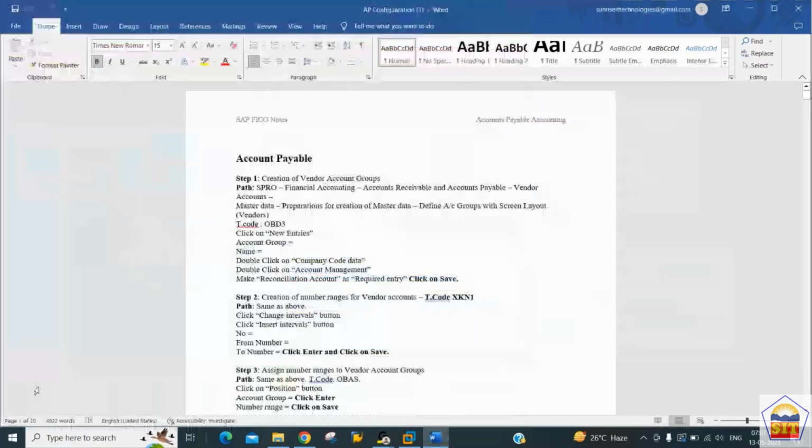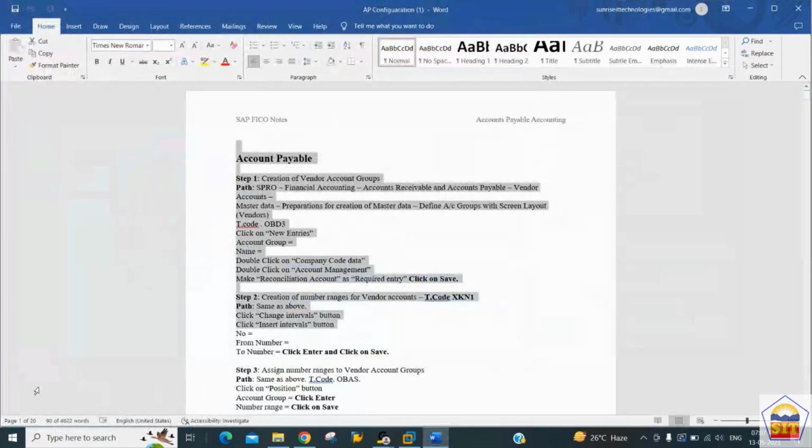We have studied the account payable accounting. We have gone through the theory part of the account payable accounting. We will be doing the practical today, and we'll start with step number one. What we need to do first here is create the vendor account group, and this vendor account